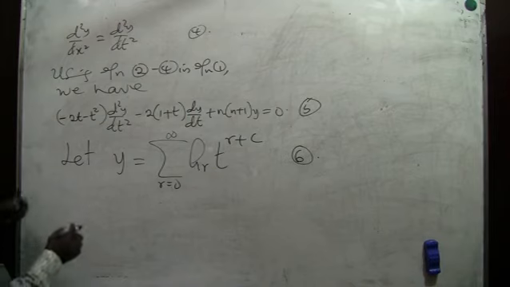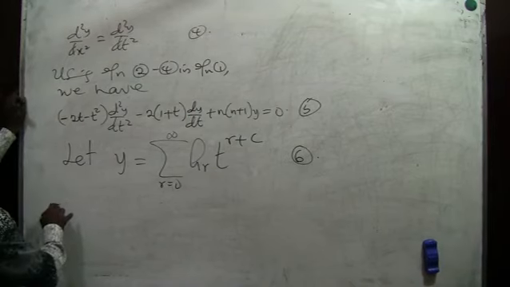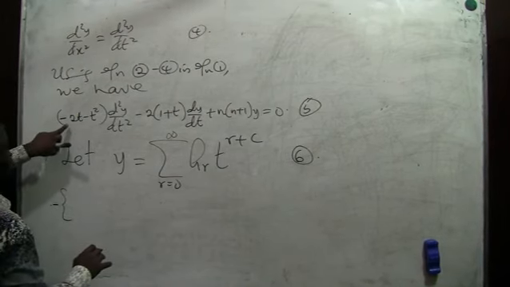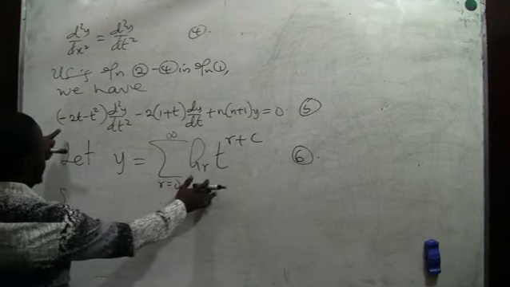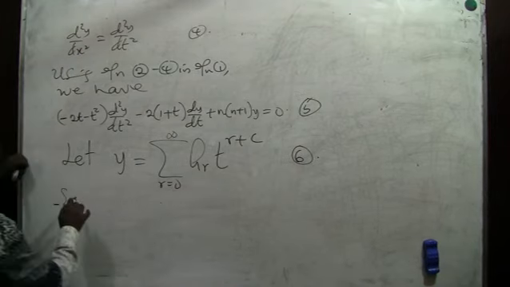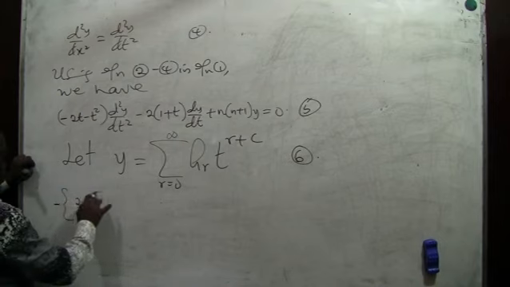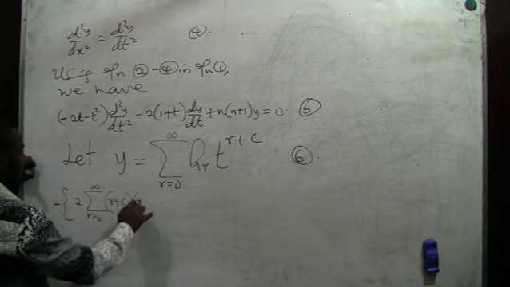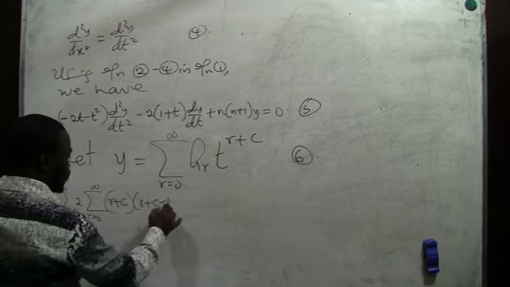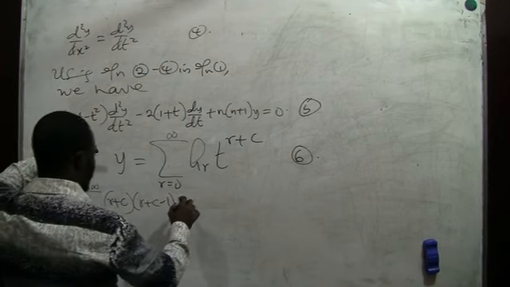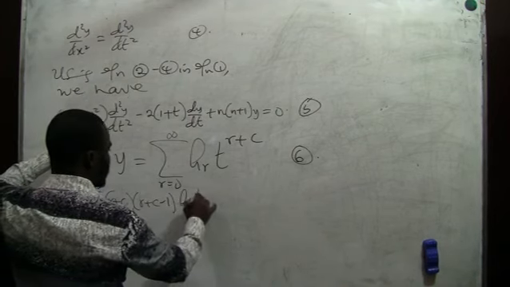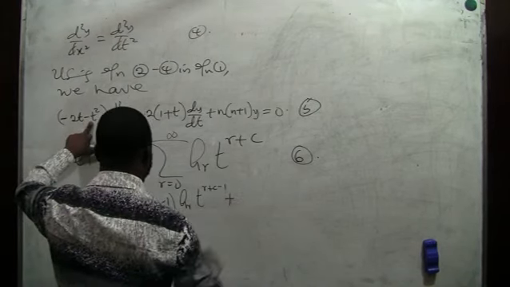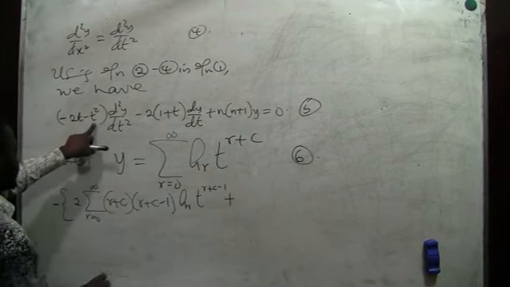So how do we do that? We have minus generally on that. So differentiate this one twice and substitute here. We are going to have 2 summation r from 0 to infinity (r plus c minus 1) t multiplying will give us ar t raised to power r plus c minus 1. Then this becomes plus, since I have factored out the negative there. We have this one to be